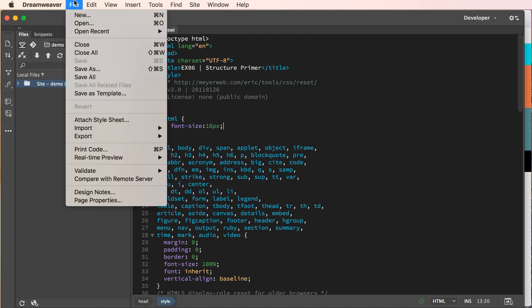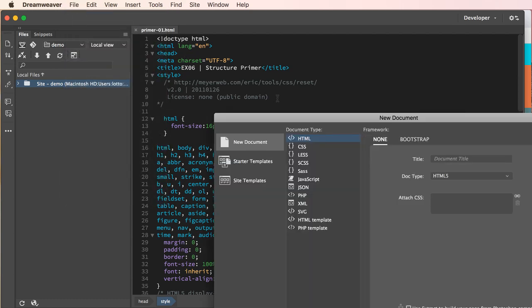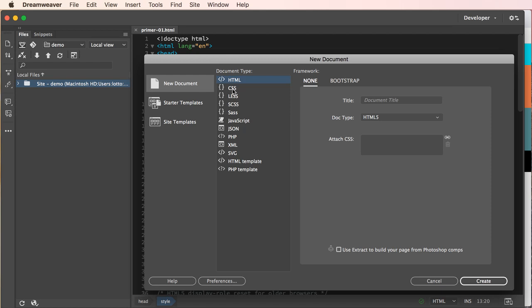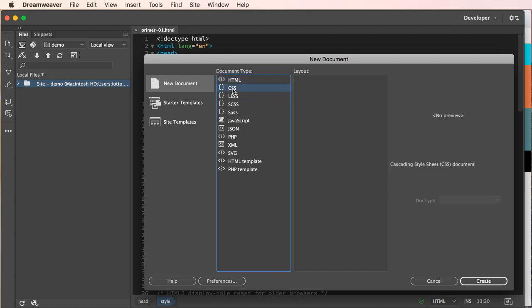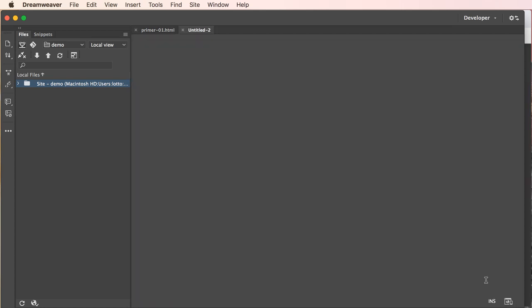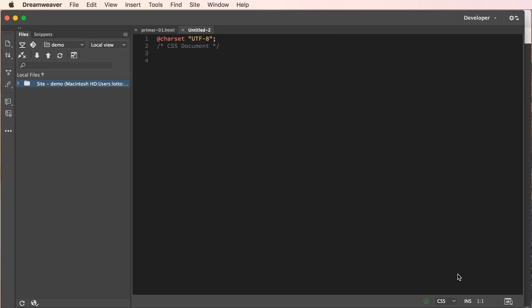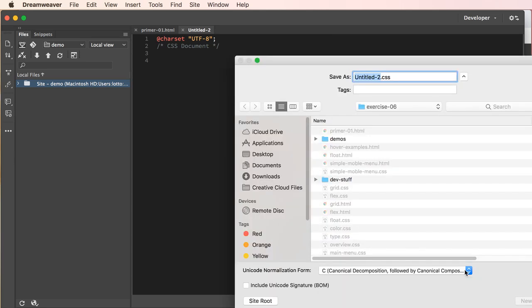So I'm going to go up, I say I'm going a lot, I'm going to go up and create a new document. And the document will be CSS. We will create. Let's save our document. And I will call this